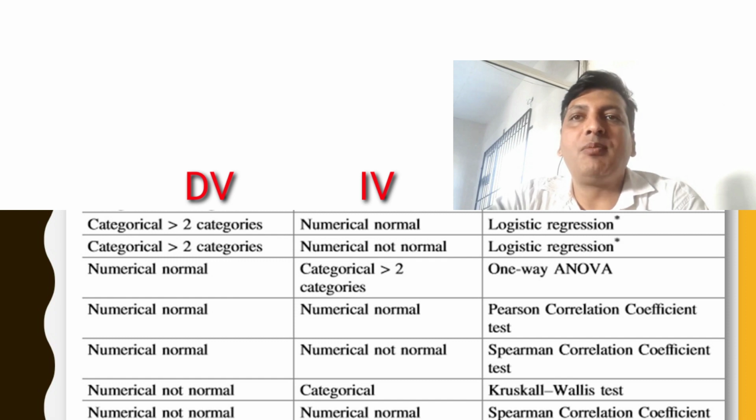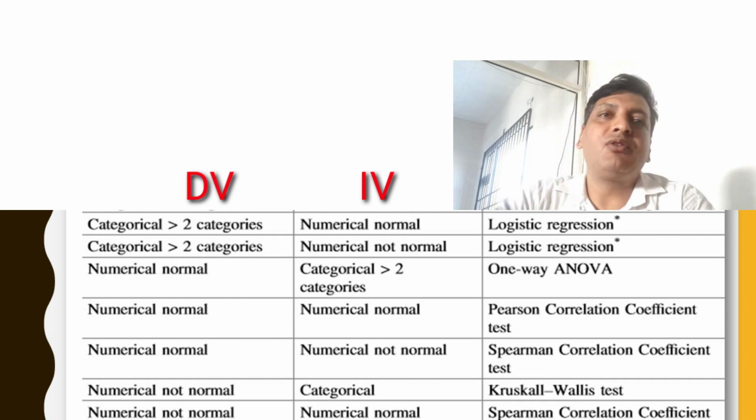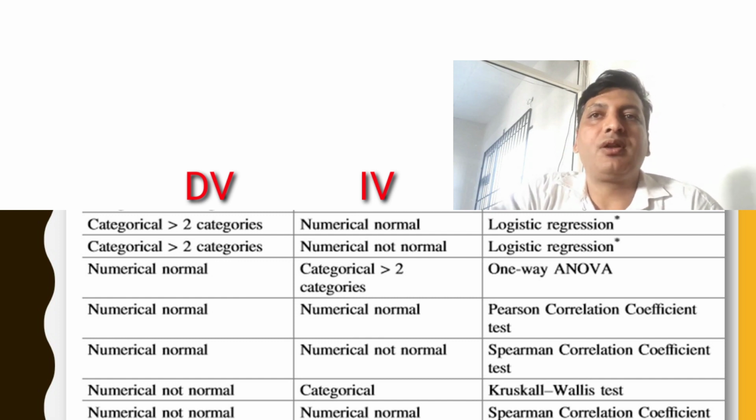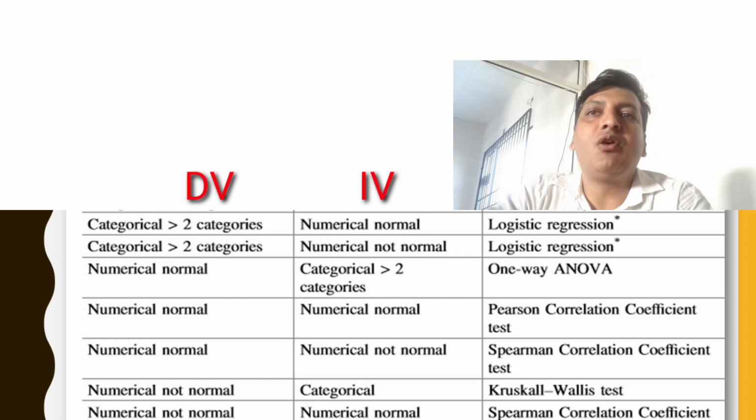So if you don't know about the distribution, that how to find out that your data was distributed normal or not normally distributed, you can see my another video. You can go for the day 1 class, or I have made a separate video on test for the normality distribution. If you see that video, then only you will be able to understand what is the meaning of normal and what is the meaning of not normal. Clear? So like this you can follow.